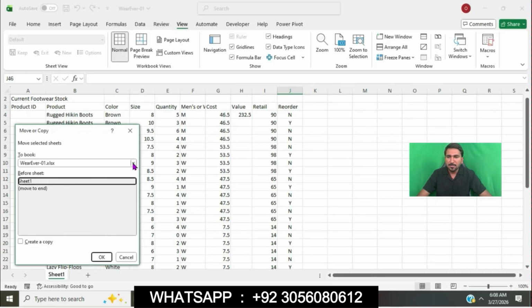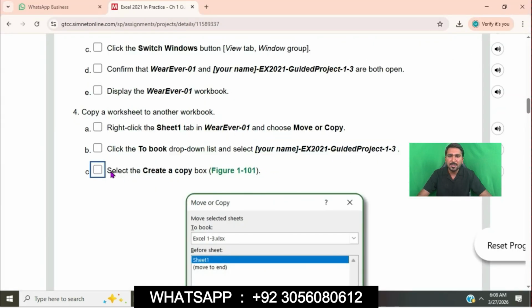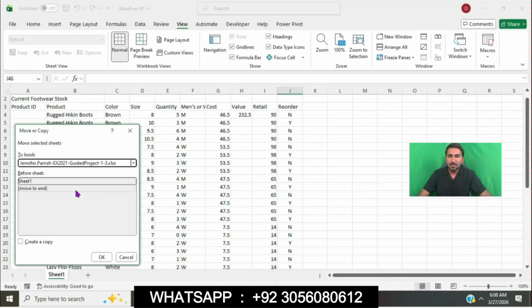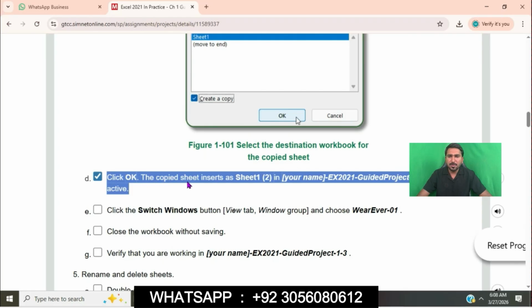We will select the Create a copy checkbox. So click OK to copy the sheet. Sheet 1 in your name Excel 2021 guided project 1 to 3 is active.